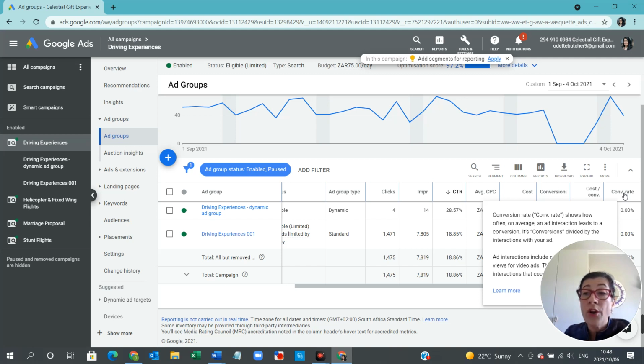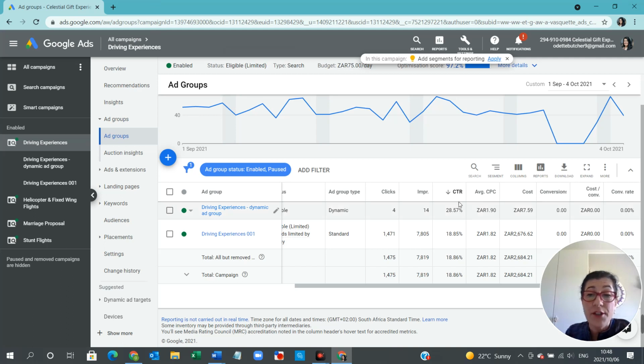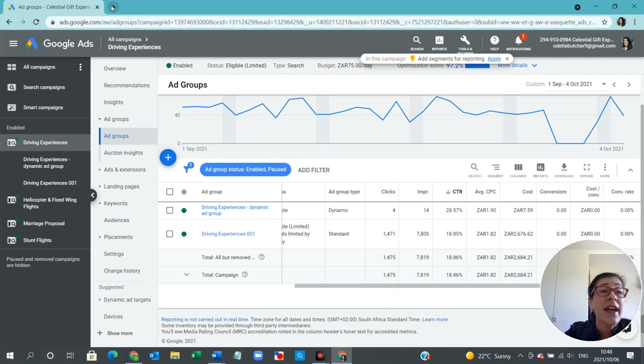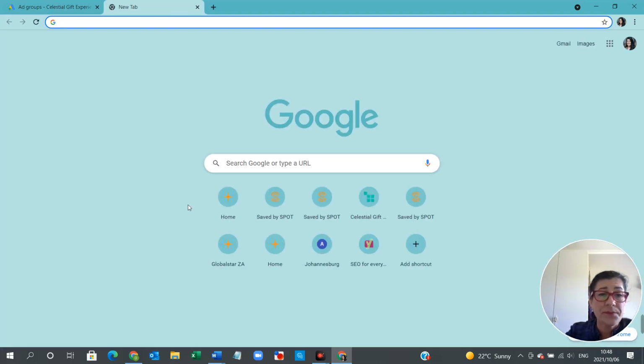So when you are on Google and you are seeing all of these different advertising acronyms, and these are acronyms that are used throughout online advertising and social media advertising, I recommend that it's really good to make a list or find a list of these online and make a printout and put that in your digital marketing file so that you can understand exactly what they mean and you can adapt your dashboard to how you would like to see it. So I'm actually going to put in here